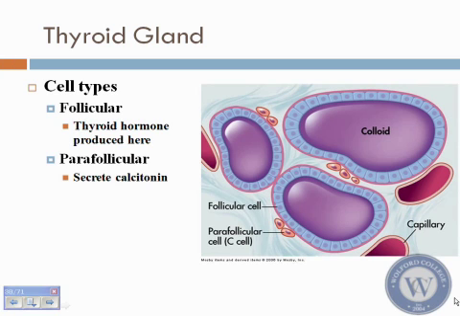The thyroid gland, on the other hand, has specialized cells inside of it. And the thyroid gland has two cell types. It has follicular cells and parafollicular cells. The follicular cells are the ones that are important in the sense of thyroid hormones, where they're produced. Okay? Inside the follicular cells is this colloid matrix that actually holds residual and extra iodine molecules, which you have to uptake from the environment.